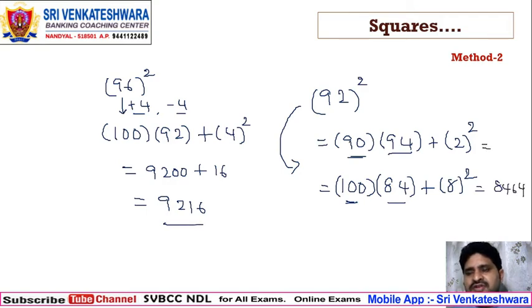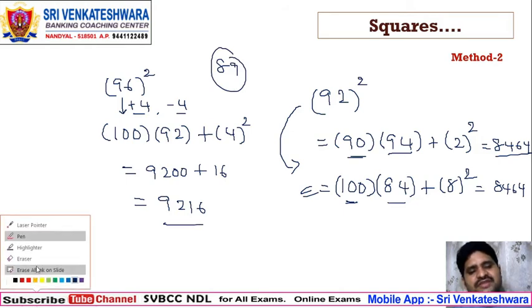If you solve the other one also, it will be 90 into 94, and you get the same: 8460 if you multiply that, plus 4, you will again get 8464. So whether you do this case or this case, both will be the same here, but which one is easy? For example, rather than taking 90, 100 is very easy, right? So however you take the round figure, it's not an issue, but whichever is easy for calculation, that one you have to take as the round figure. For example, if I take 89, I can take 100 as the round figure, I can take 90, but if I take 100, the calculation is very easy for me, right? So which round figure we take is very important.